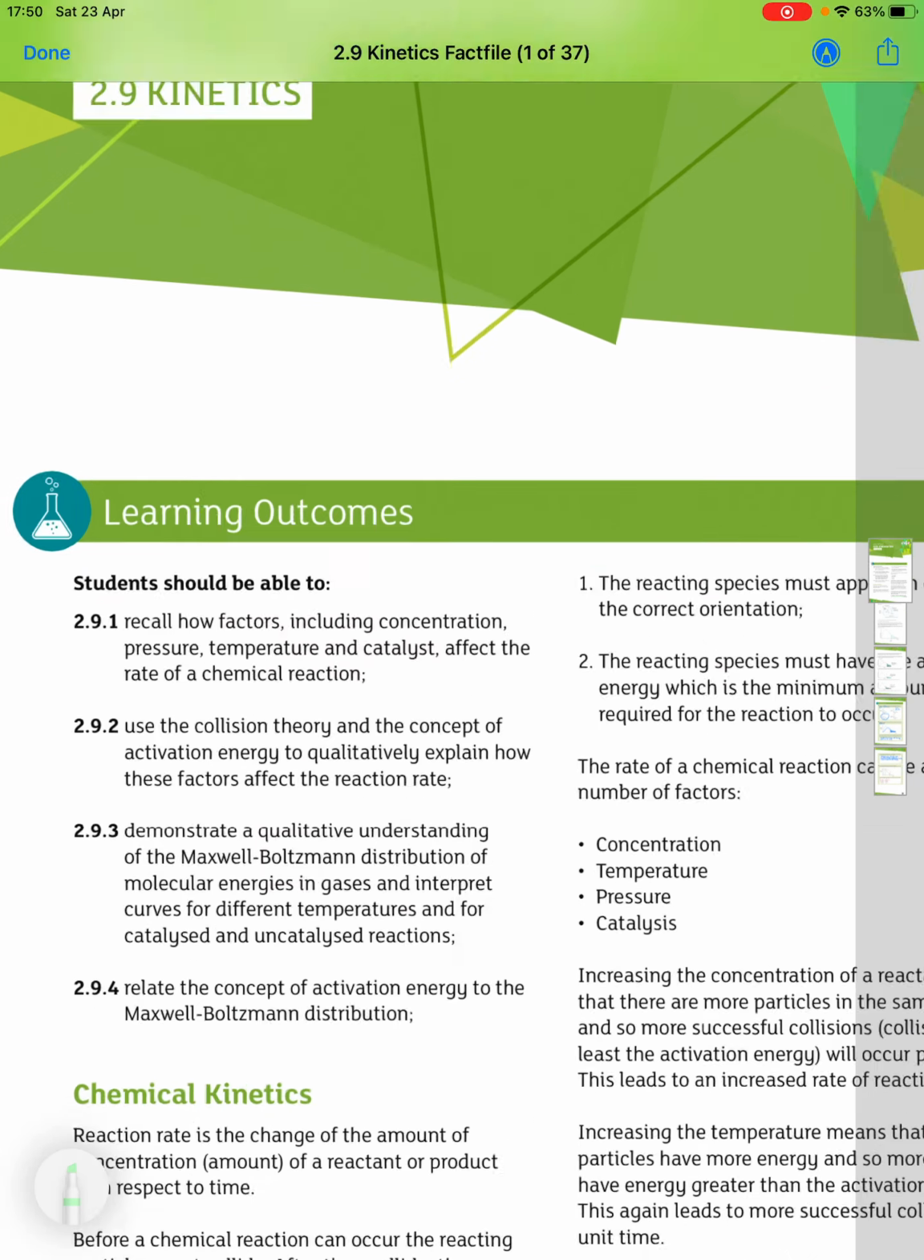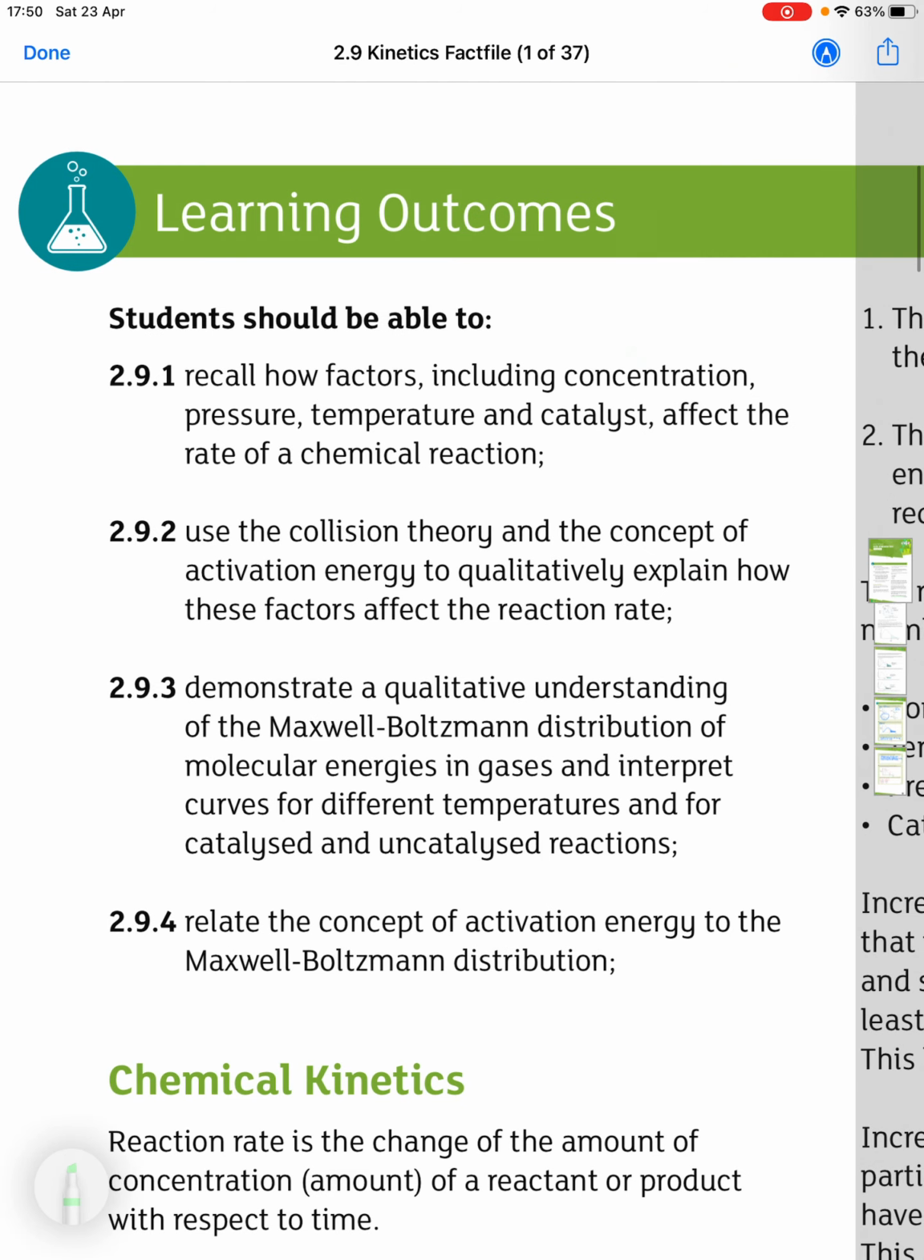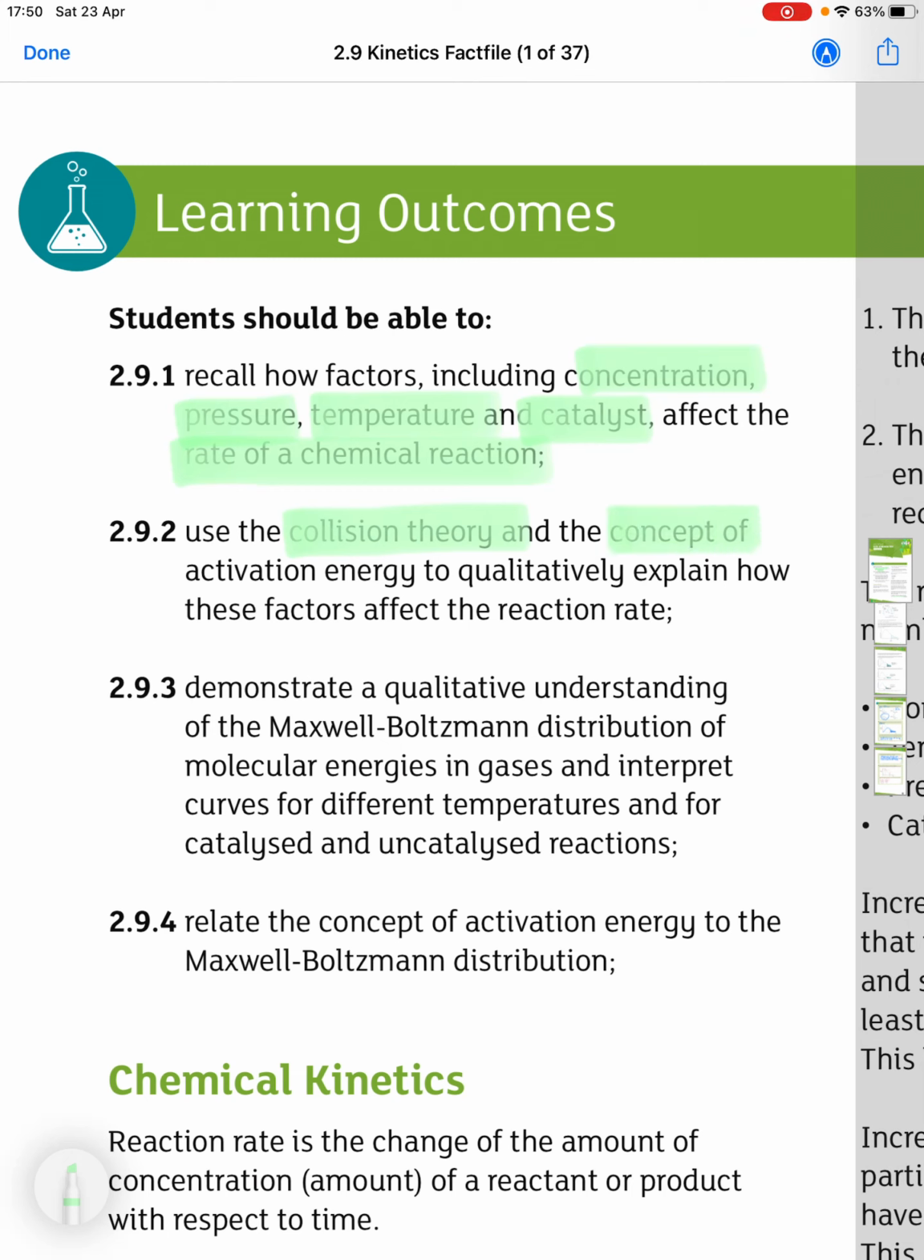This is 2.9 Kinetics. There are 4 points here. The first is to recall how factors including concentration, pressure, temperature and catalyst affect the rate of a chemical reaction. The second is to use collision theory and the concept of activation energy to qualitatively explain how these factors affect